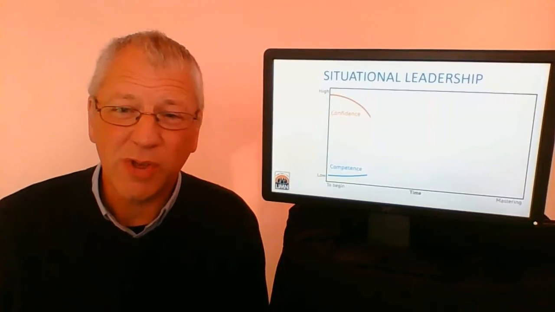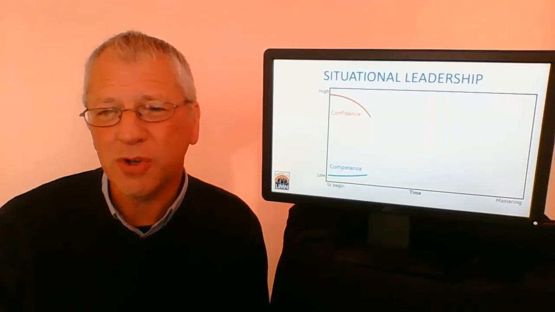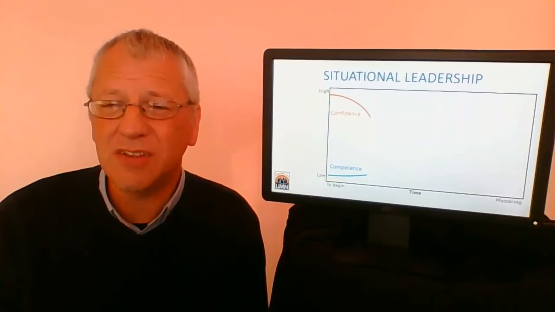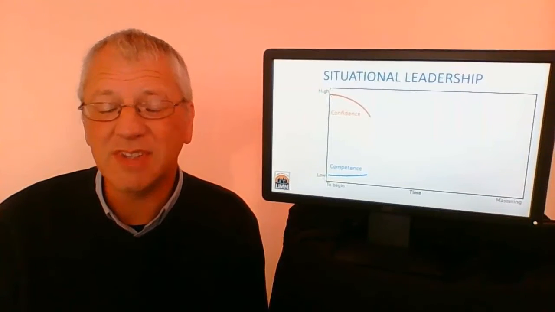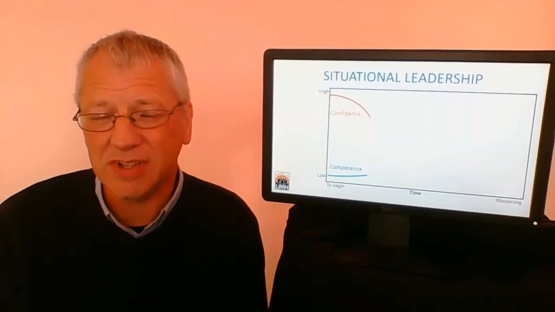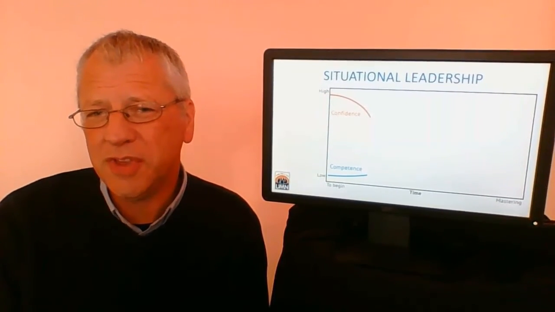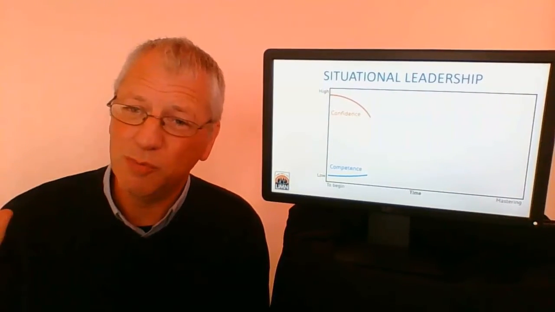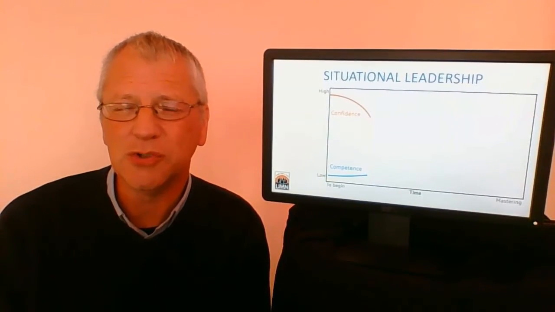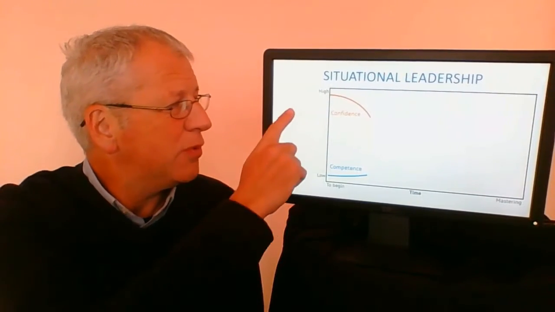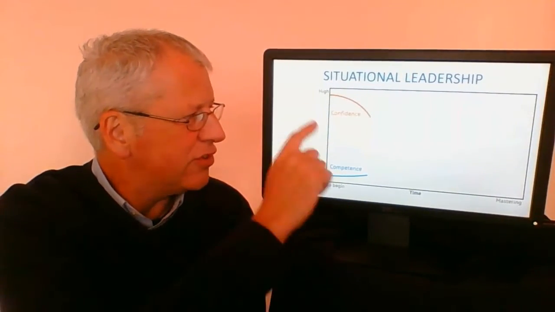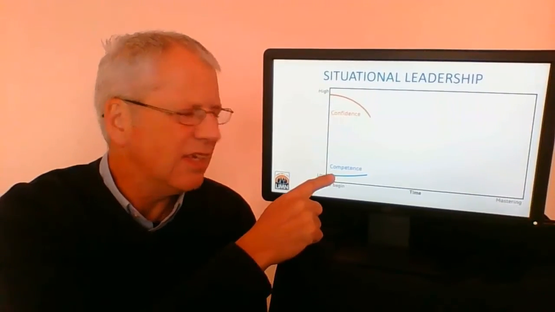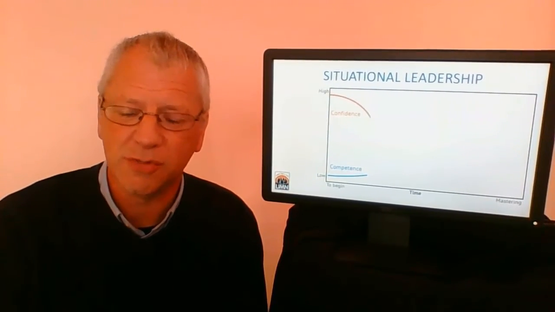And whatever type we are, we have to recognize that the people that we work with change, and they're going to have different strengths and different weaknesses at different times and in different seasons and even with different projects. There's one theory called Situational Leadership, which we're going to go into in more depth in a later module. But you can see here, people often start at the beginning of a project with high confidence. They think, yeah, I can do this, no problem. But actually, they have a very low level of competence.